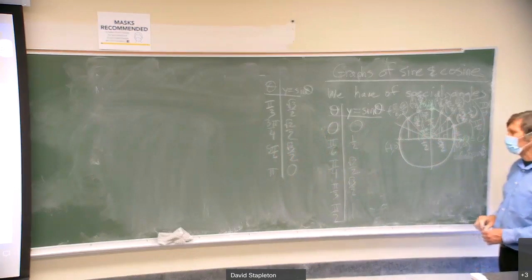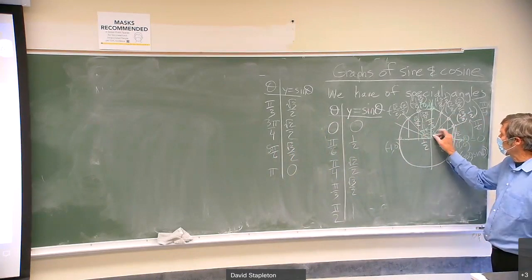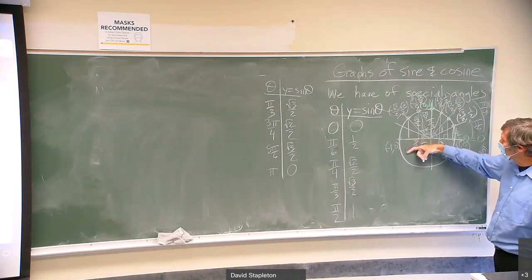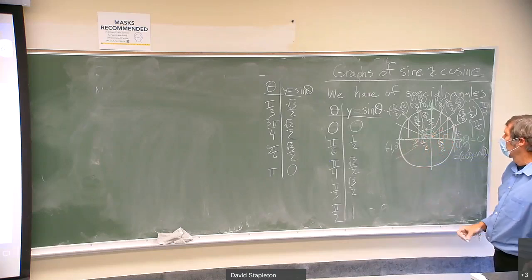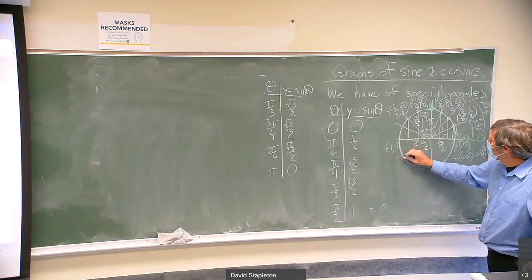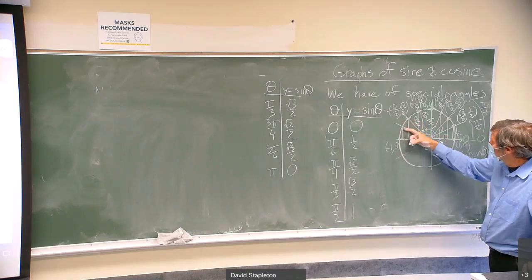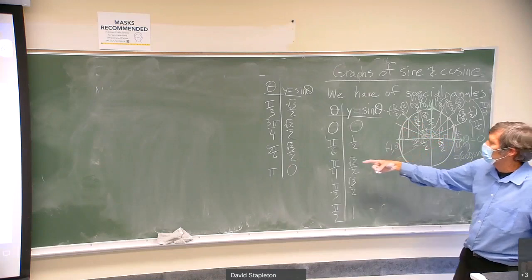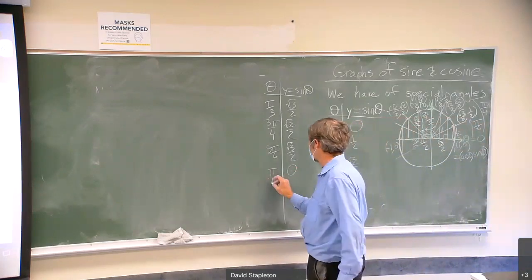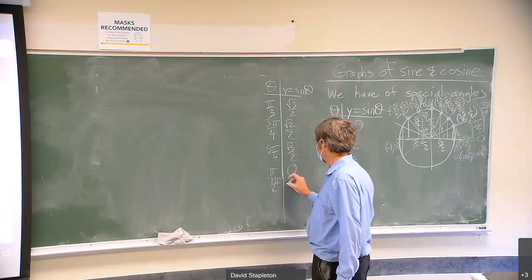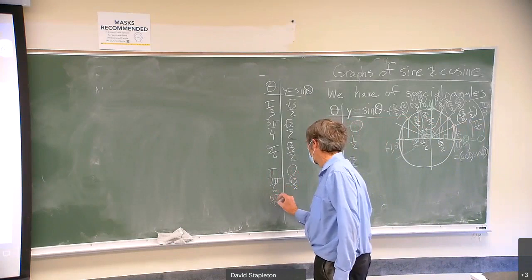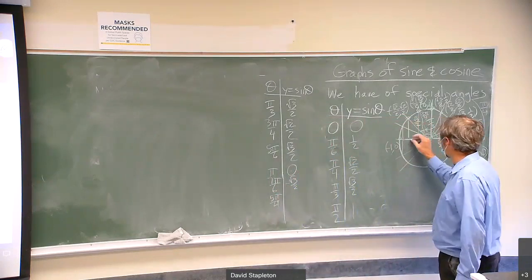Now what happens if I start doing larger special angles? Suppose I go, for instance, to 7 pi over 6. I'll go pi plus pi over 6, another 30 degrees. I drop the perpendicular here, and it comes to the same height as at 5 pi over 6, but the y coordinate is minus what I had at 5 pi over 6. And so you can keep going. 7 pi over 6 just gives minus this coordinate, minus square root 3 over 2. If I go to 5 pi over 4, a 45-degree angle into this quadrant,